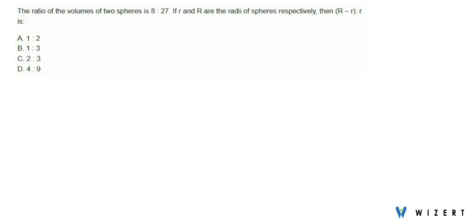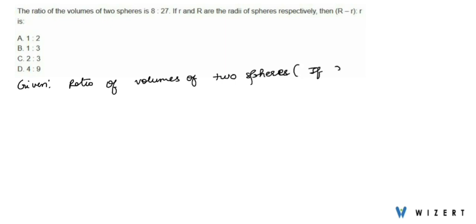The ratio of the volumes of two spheres is 8/27. If small r and capital R are the radii of the spheres respectively, then what is the ratio R minus r by r? So, it is given that the ratio of volumes of two spheres having small r and capital R as the